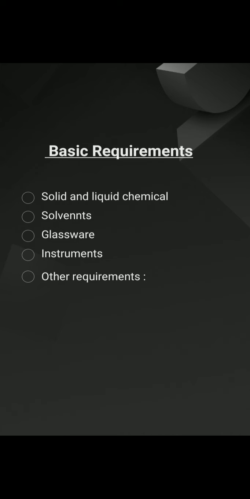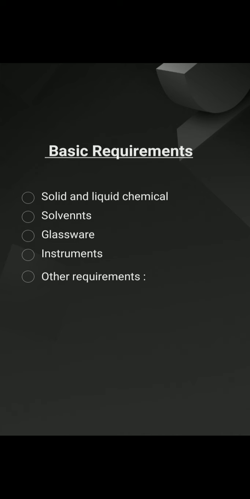For general purposes where AnalaR and guaranteed reagent chemicals are not necessary, purity within certain limits is required, and general purpose chemicals can be used. Laboratory reagents or lab products are mainly used for the preparation of qualitative tests such as Benedict's reagent and Fouchet's reagent, etc. Lab chemicals are of a degree of purity making them suitable for general laboratory use.